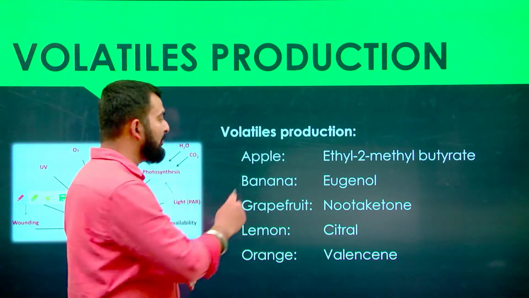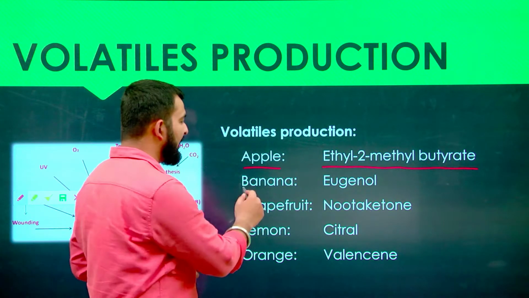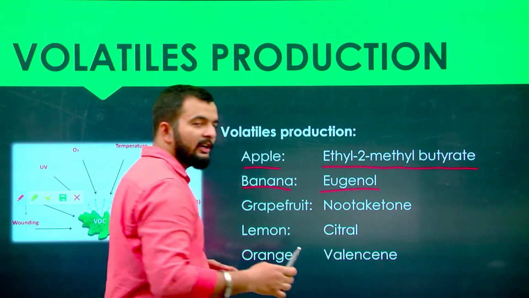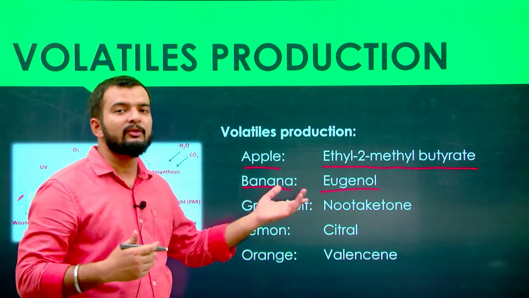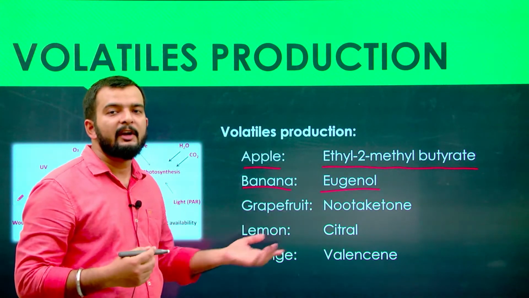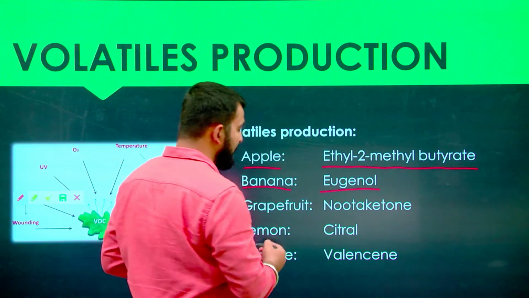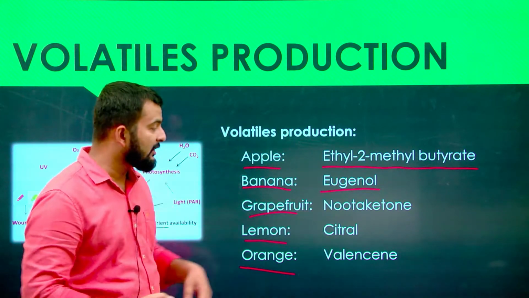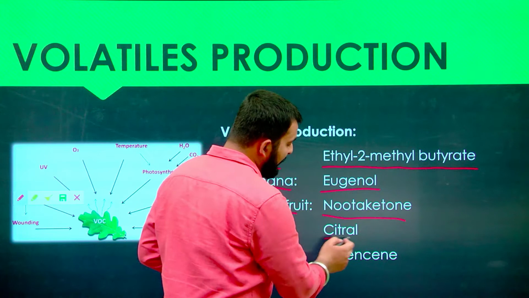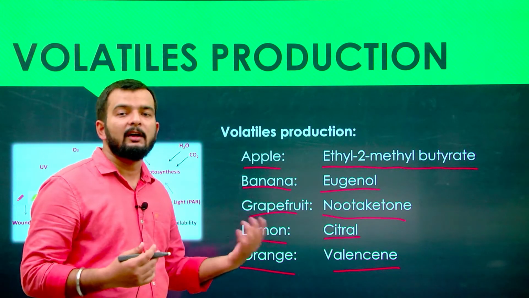Okay, in case of apple, these volatiles are ethyl 2-methyl butyrate. Again, in banana we have eugenol. Eugenol is evolved as a volatile compound, and detection of that can help you identify when to harvest your banana crop. Then in grapefruit we have lemon, grapefruit and orange. So these are the volatile compounds that are evolved by these crops or fruits, which after identification we can harvest